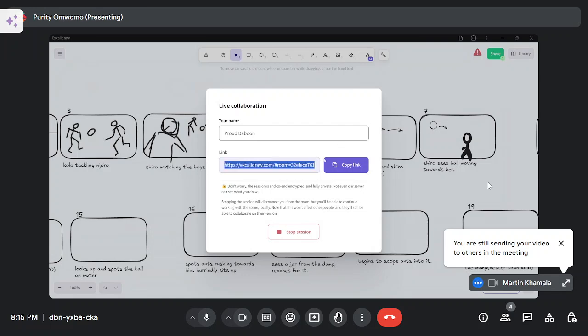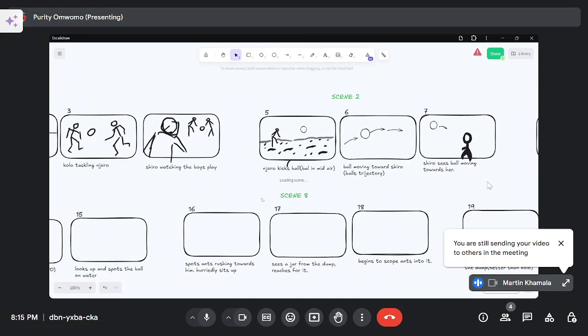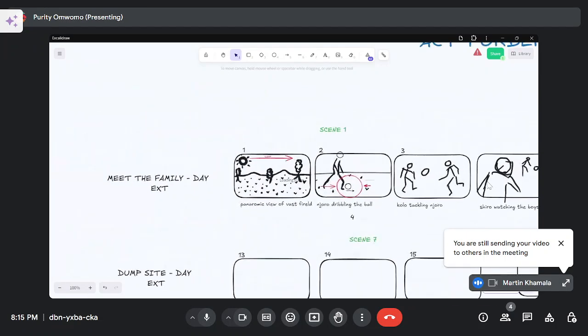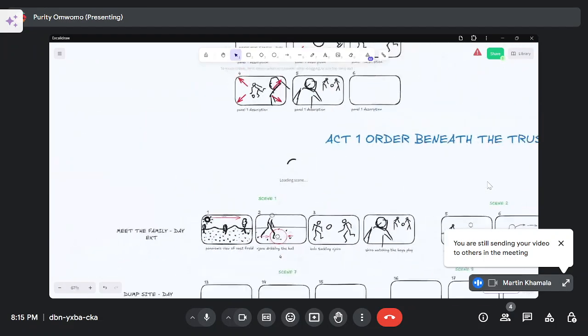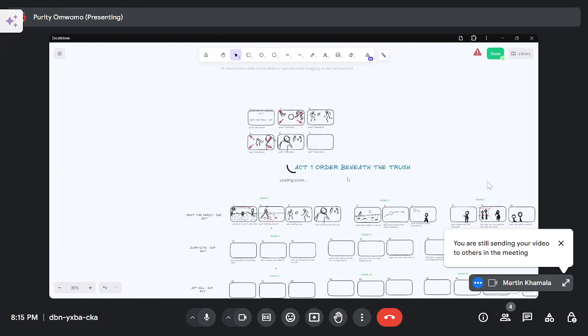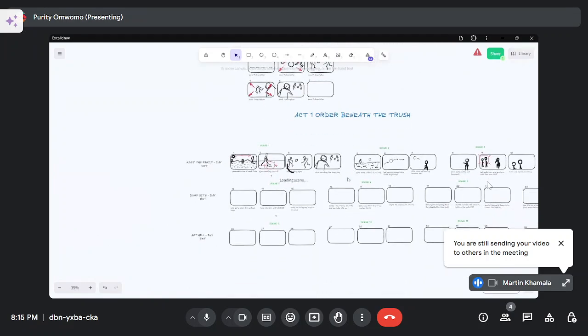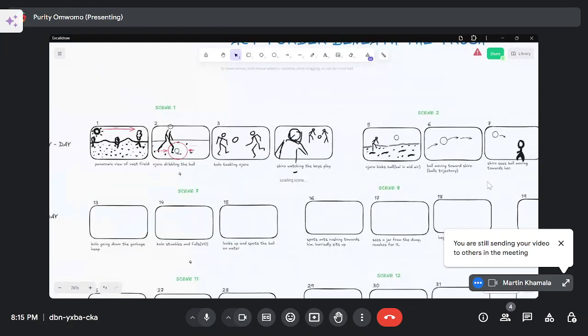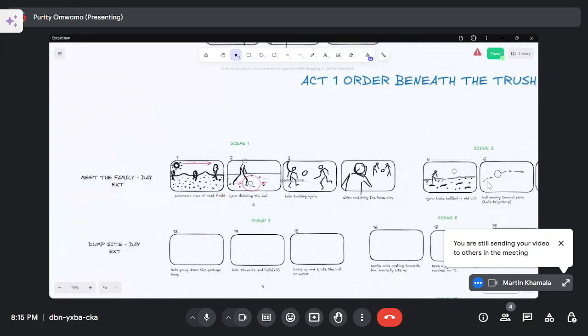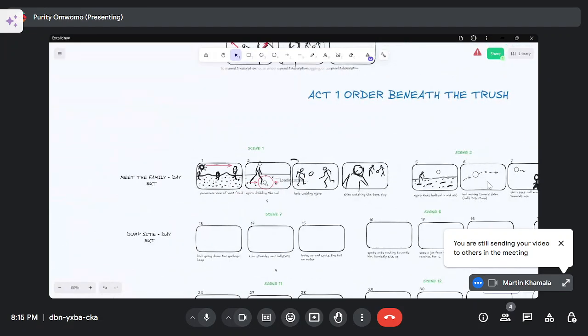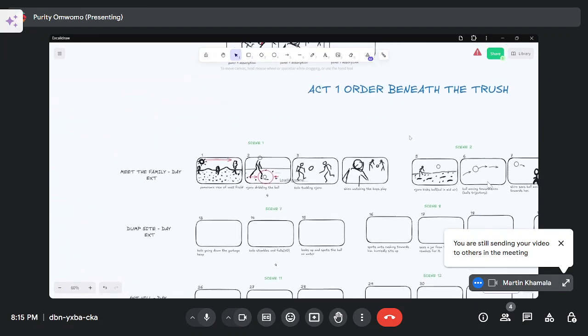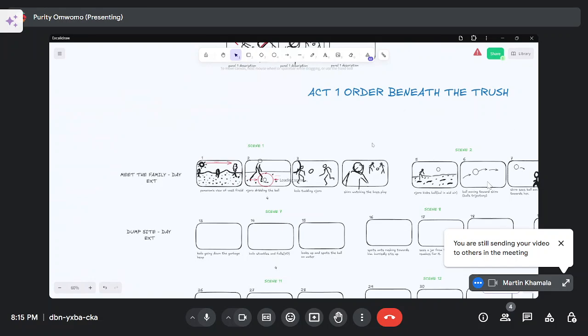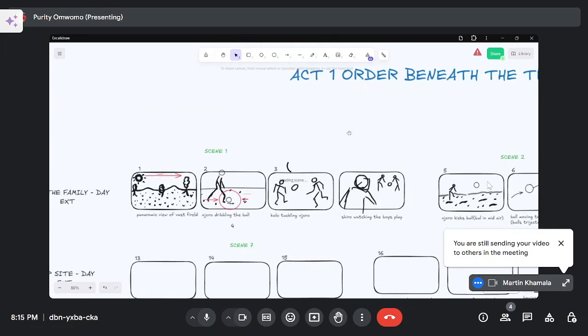And you can always share with us the link that is coming from your side, and then we will see it based on that. But we will check. Nicholas, you will check to see if you have the same information that you shared. Okay. All right. So there is Act 1, Order Beneath the Trash.